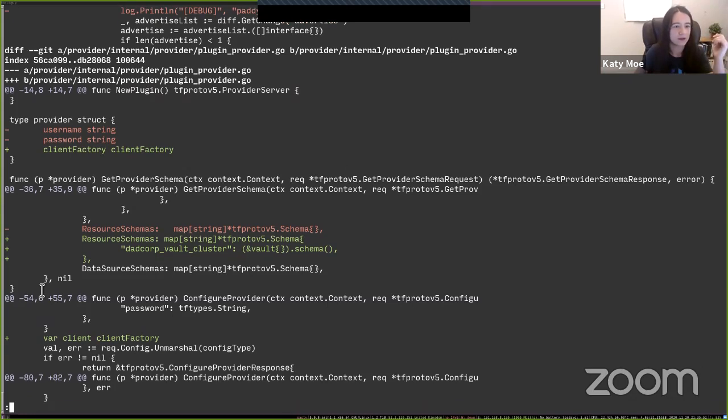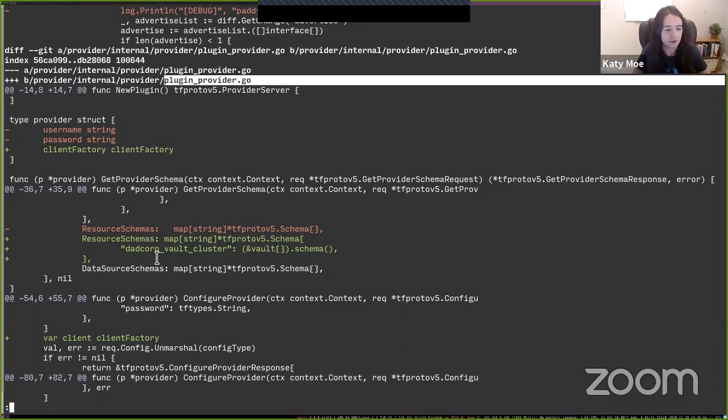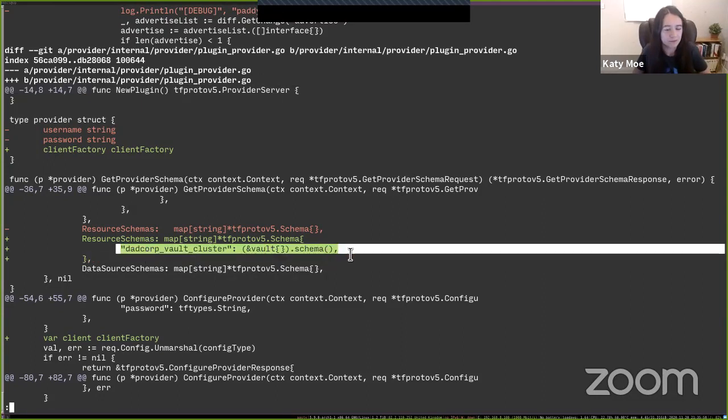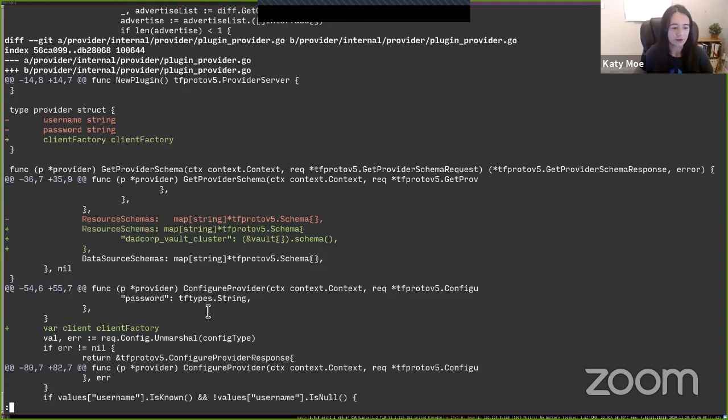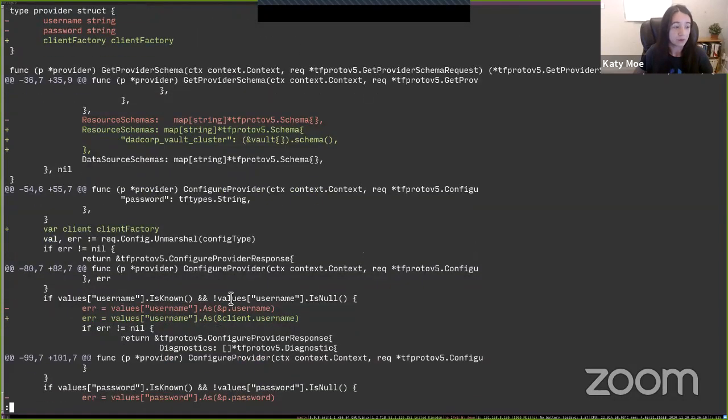So in our plugin provider, we've just added that resource to the resources that provider is responsible for. So we're deleting this Vault cluster resource from the old provider and adding it to the new provider. If we didn't do that, then we wouldn't be able to run our provider because Mux wouldn't know which provider was providing that resource.